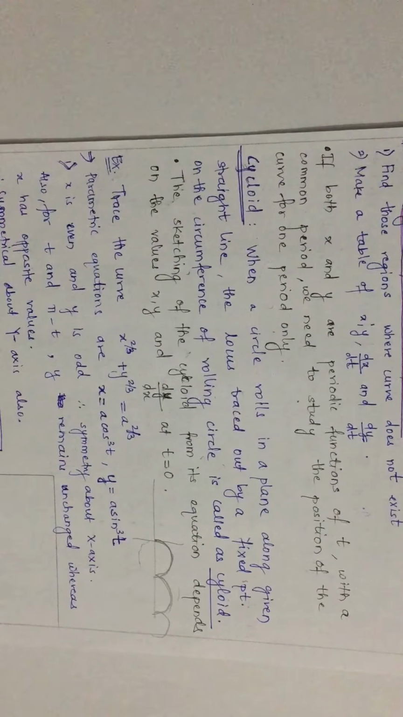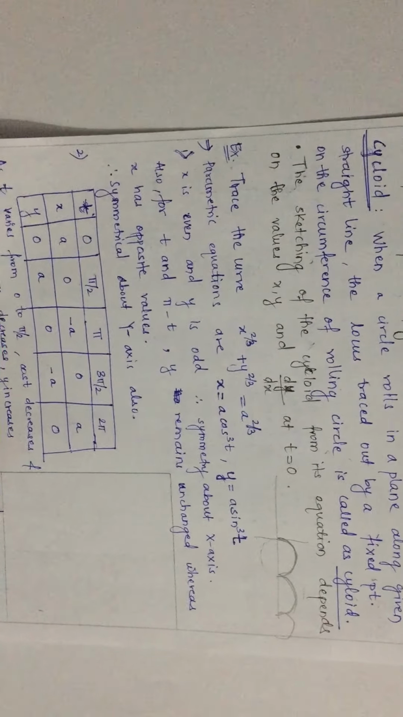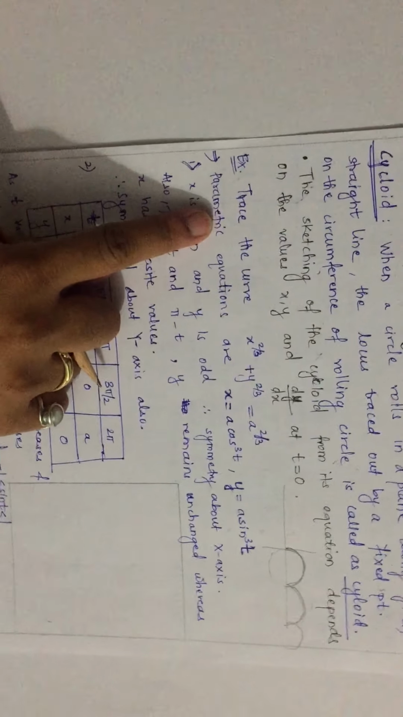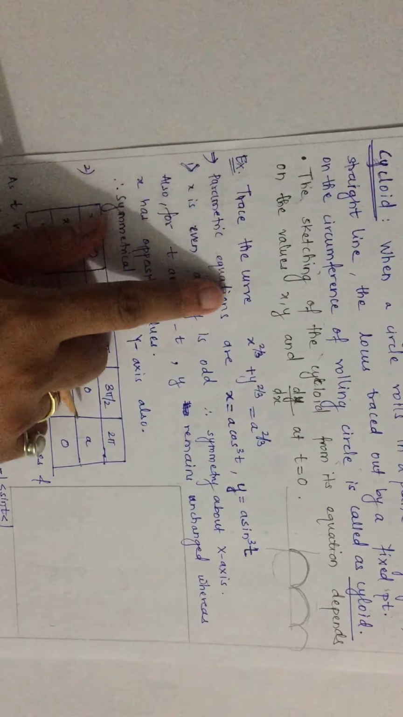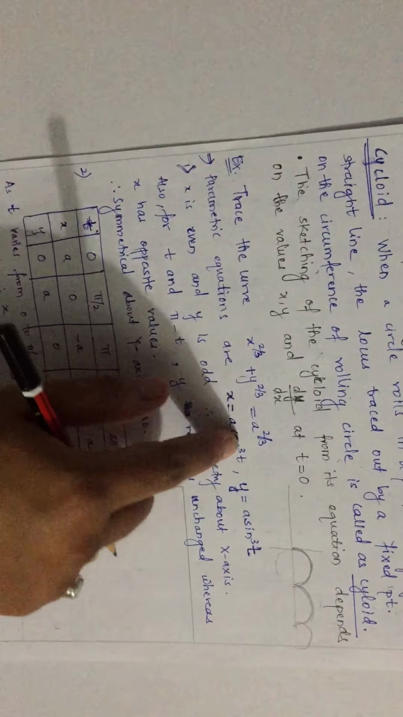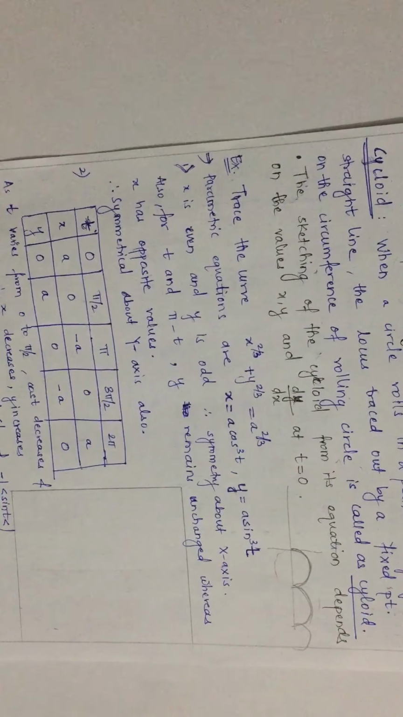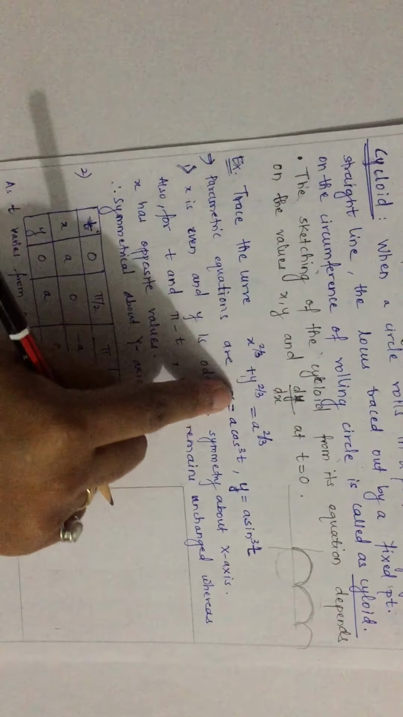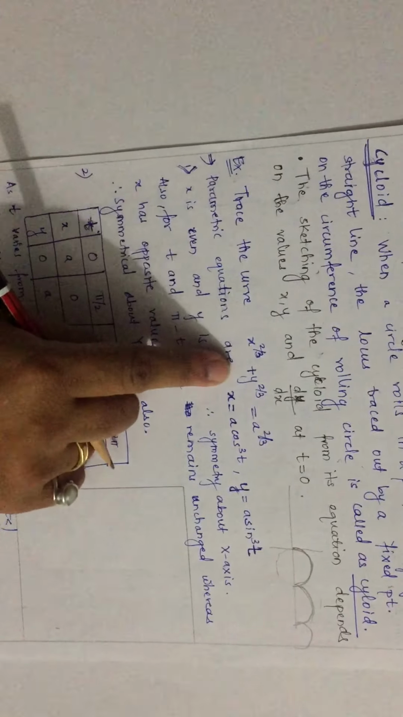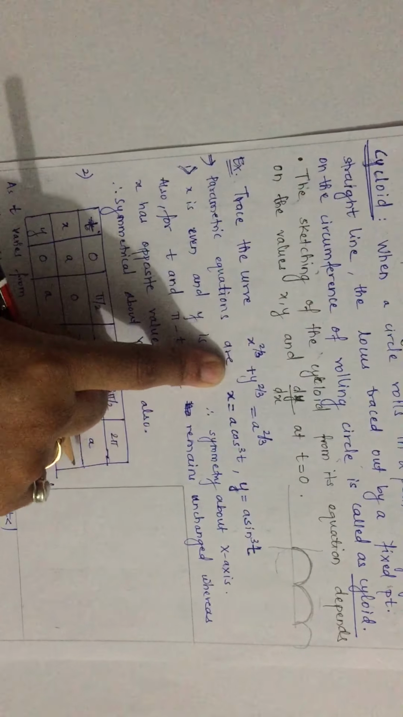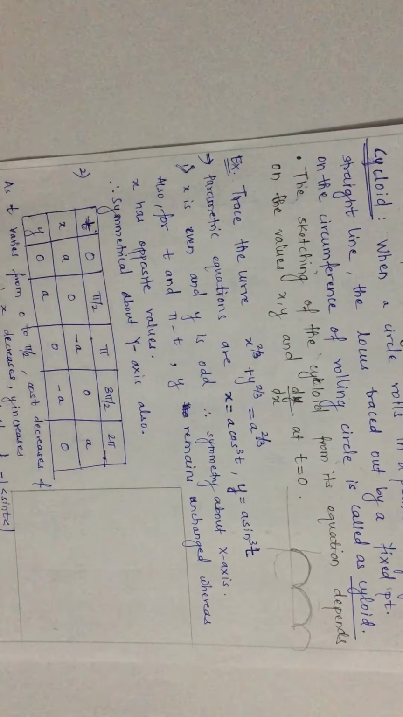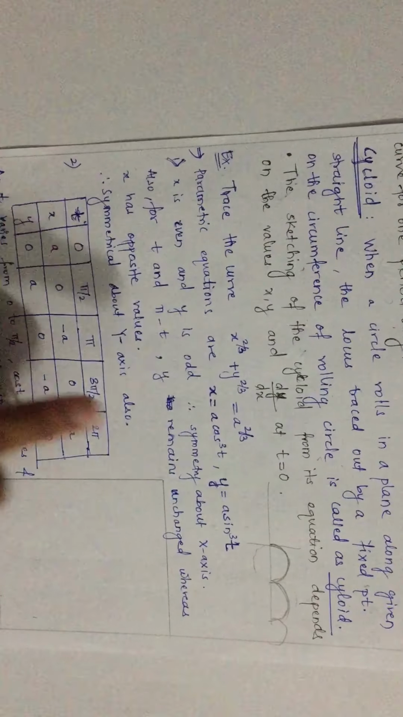Now let's see an example of a parametric equation. The question says, trace the curve x raised to 2 by 3 plus y raised to 2 by 3 equal to a raised to 2 by 3. If you observe, this is a Cartesian equation, an equation in x and y form, but it is not easy to trace this Cartesian equation. So what do we do? We convert this equation into a parametric equation. So we introduce a parameter